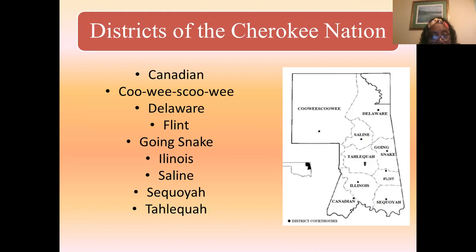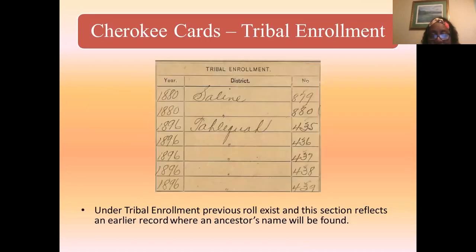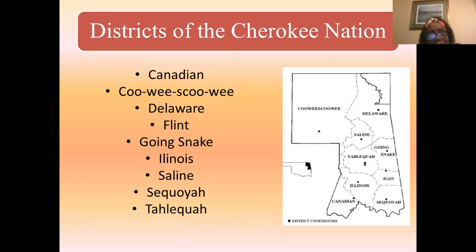But it tells you, when it says the district, Saline District, Tahlequah, you need to learn your geography. So maps are important. I love maps anyway, but you really need to know what were all of the districts in the Cherokee Nation? Find a good map. A simple Google search will help you pull up many of them. But you'll realize, wow, look at all of these different districts in